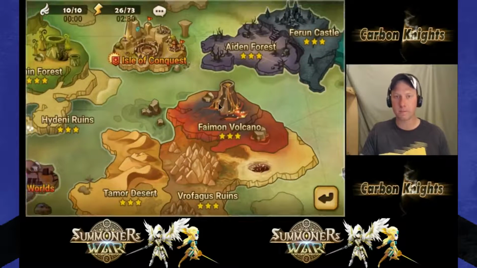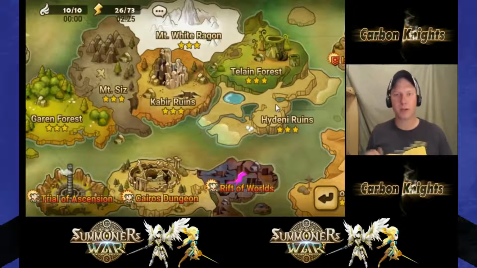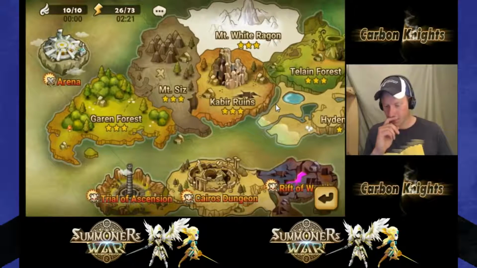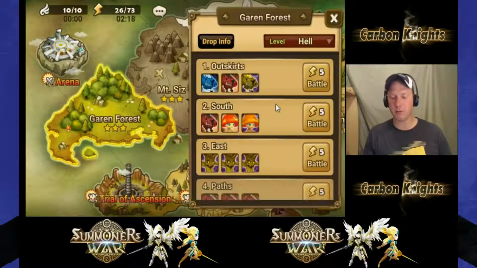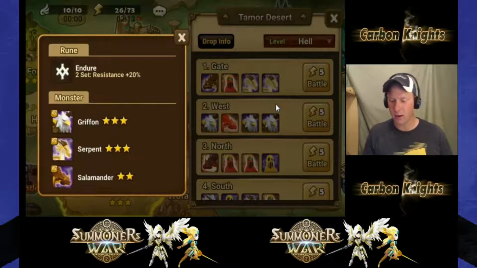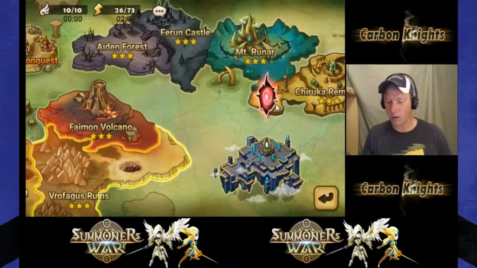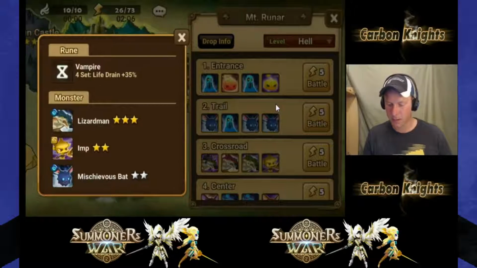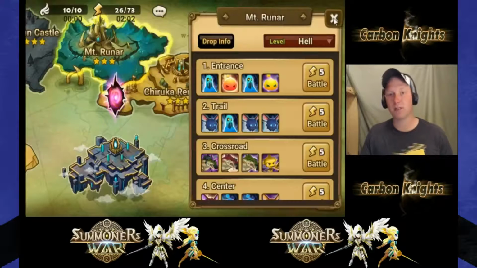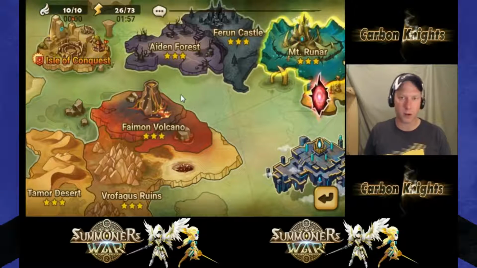The second one was a monster that we needed, was the Wind Lizardman, Velfinodon. That's his name. So again, can we get him from any of these levels from the drop info? I've been through, no. Unfortunately, you can't get Velfinodon from any of these levels yet. You can get the water one from Mount Runar, I think. Yeah, here's the water Lizardman from Mount Runar, but he's not what we're looking for. So we can't get him there. And what does that leave us for options? Well, it leaves us